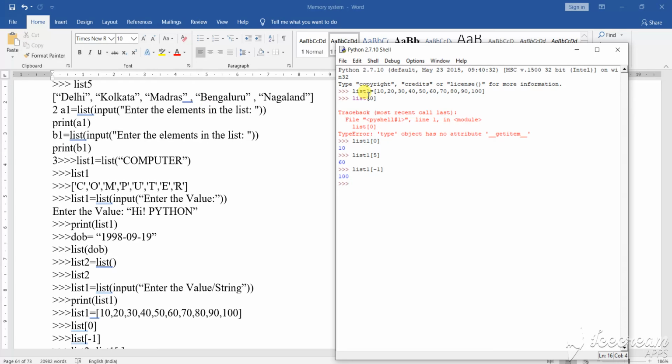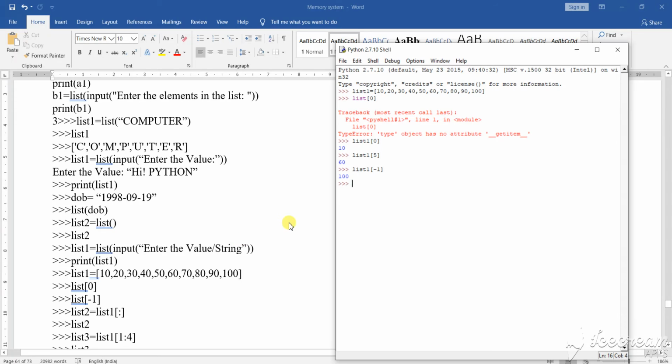That means when you give a positive number, it takes the number from the front and prints it. But when you give a negative number, it takes the number from the back. Clear? This is the implementation, based on the instruction that you give.